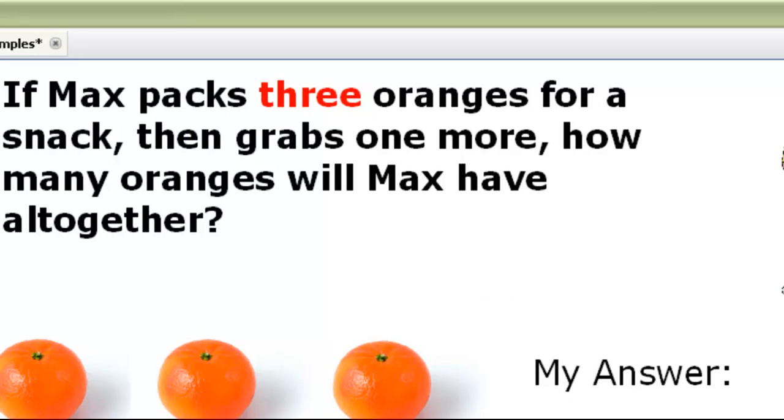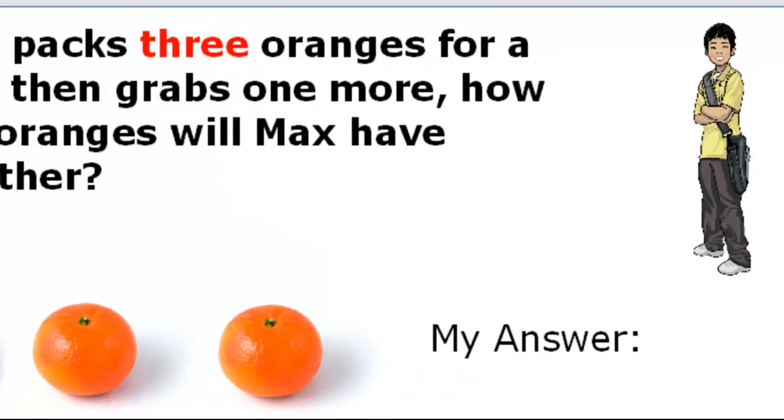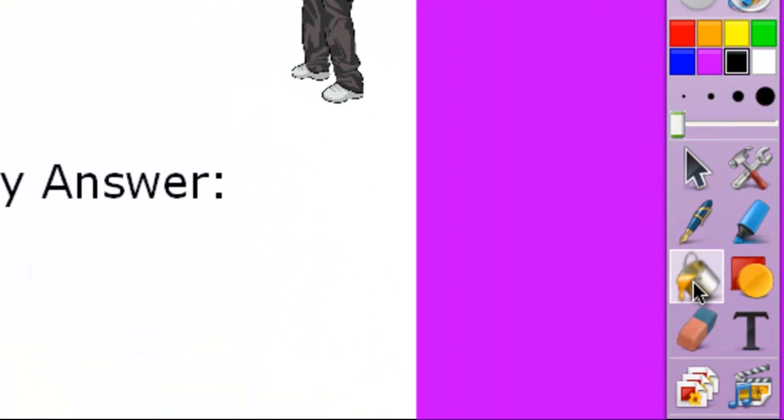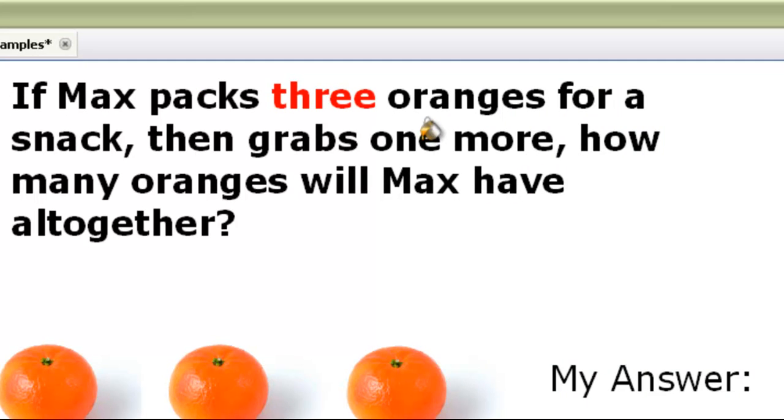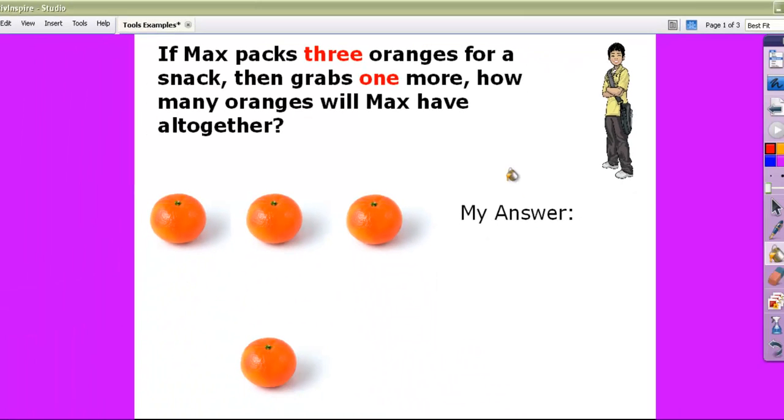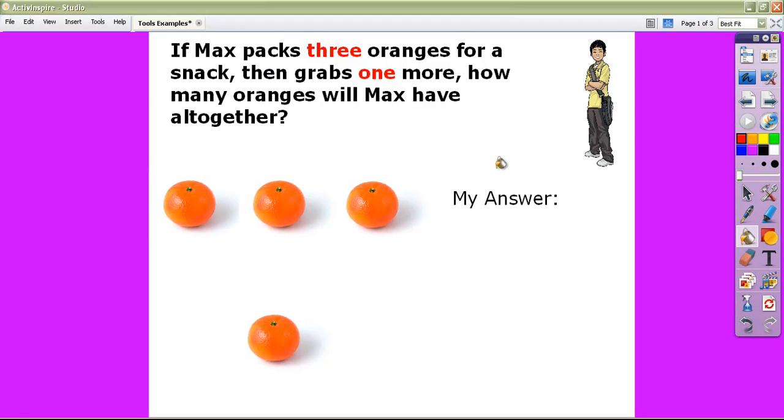But I have a second option to do that too. If I click the fill bucket over here in the toolbar and select red, I can also select a word and change its color in one sweep. And in this way I can draw attention to certain words within my text. So if I wanted to highlight these numbers in this text, it might help students understand there's a math problem